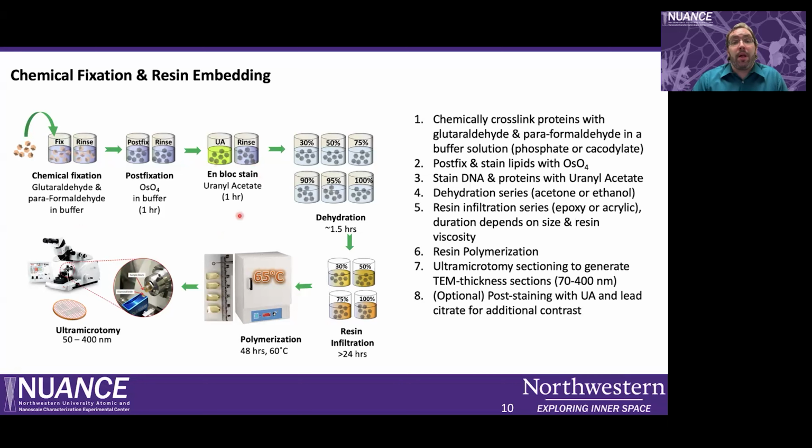We'll then follow this up with an en bloc stain using uranyl acetate. This will give us really good Z contrast for our electron microscopy imaging. It also helps to stabilize a variety of negatively charged objects in the cell. And following that, we'll dehydrate our sample from aqueous medium into organic phase, either with ethanol or acetone, and then